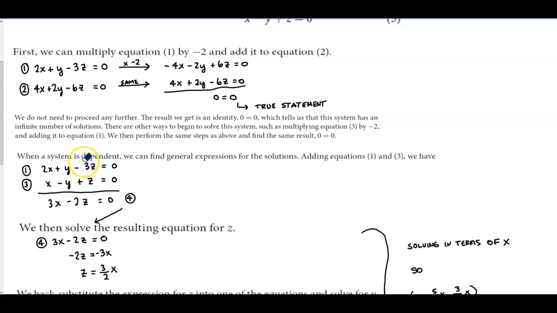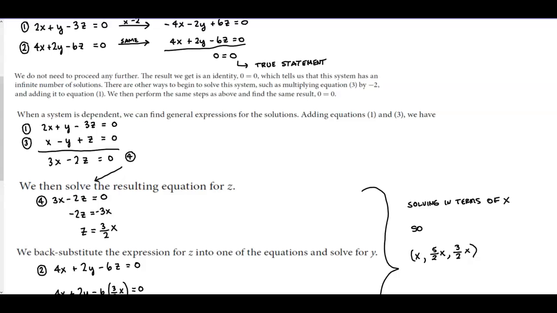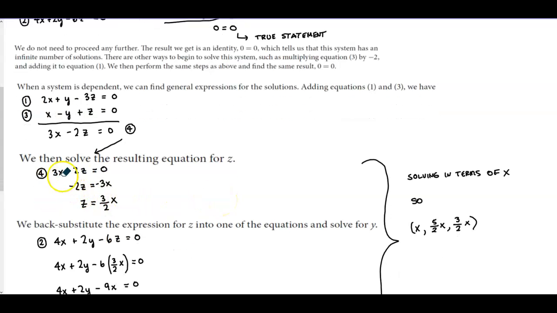Now, when a system is dependent, when we get a true statement, we can find general expressions for the solutions by adding equations 1 and 3. So when we add those equations together, we get 3x, we eliminate the y, and we get -2z, which is equal to 0. Now we've created this fourth equation. In this fourth equation, we then solve the resulting equation for z. So we subtract 3x from both sides and divide by -2,